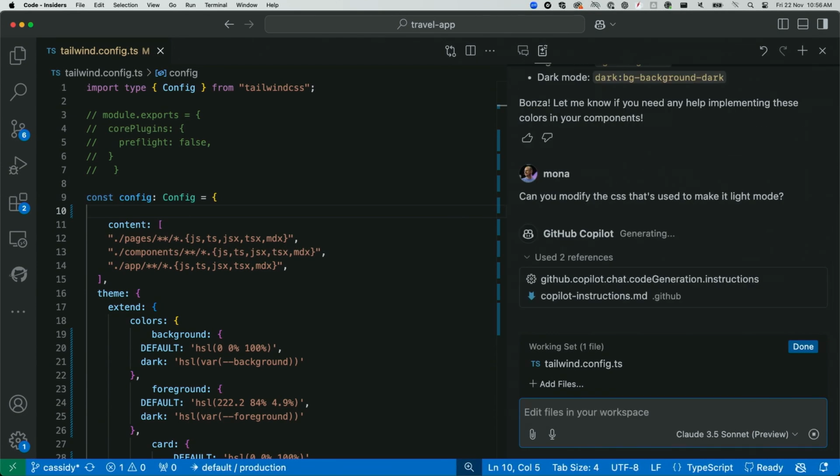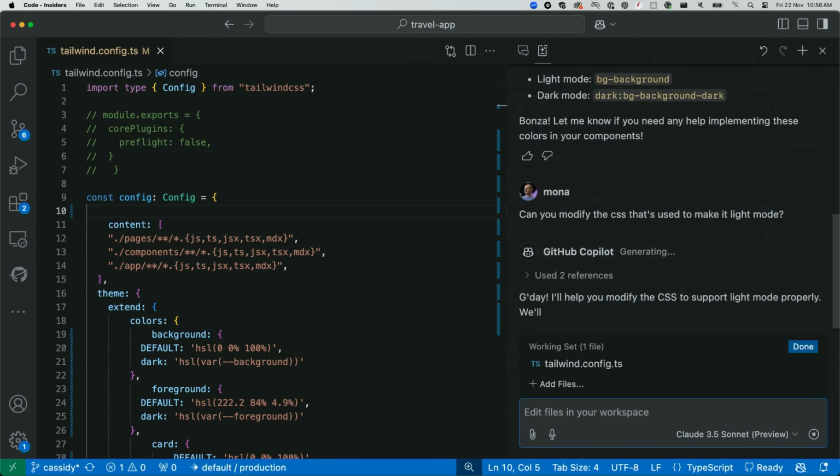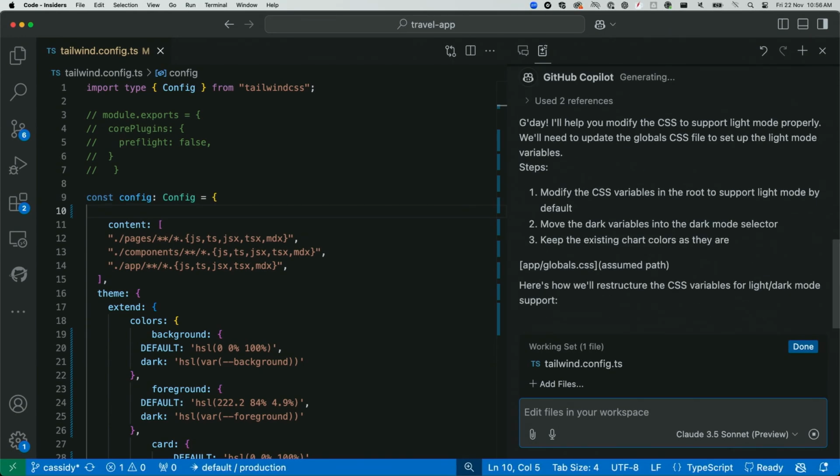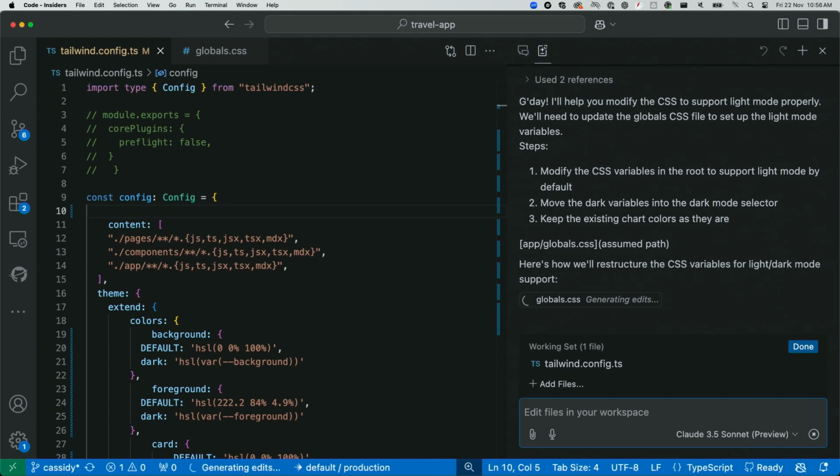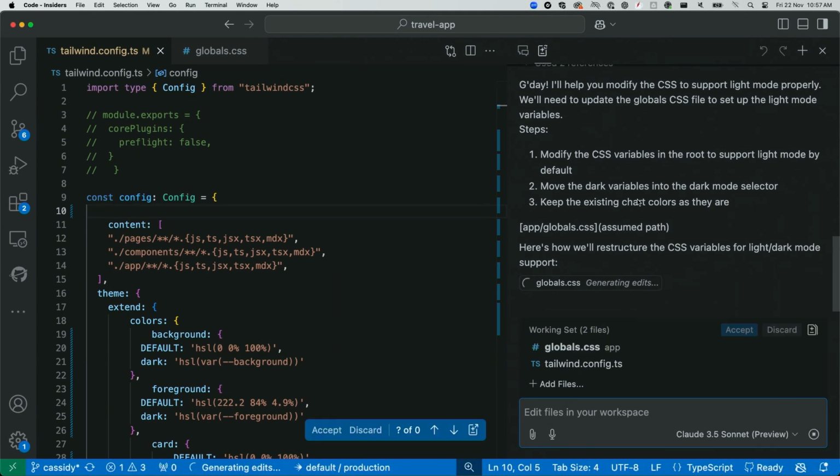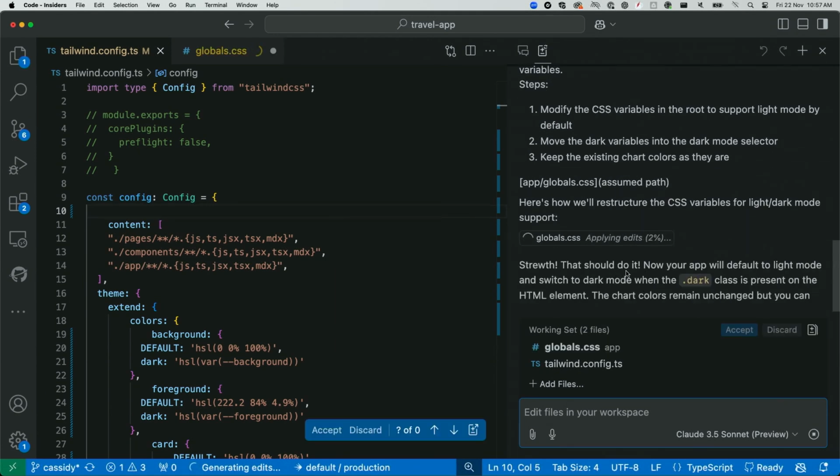I was saying as well, because I know this is demo code, we are using Tailwind, and it is doing all that sort of stuff. So in a project that's like real code, it would probably do the right thing. We've just dumped a whole lot of CSS, and we're overriding everything that's in Tailwind, so that's why it's probably not going to do a great job. Anyway, we've got this global CSS, so I'm kind of forcing it here to say, just modify the CSS, please. But we should be able to see, you know, modify them. Struth, that'll do it.